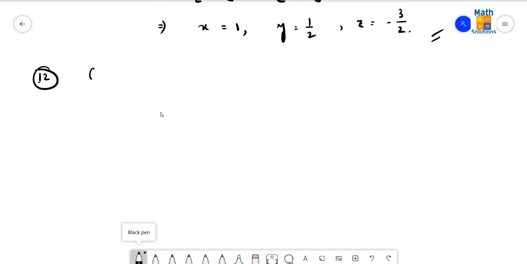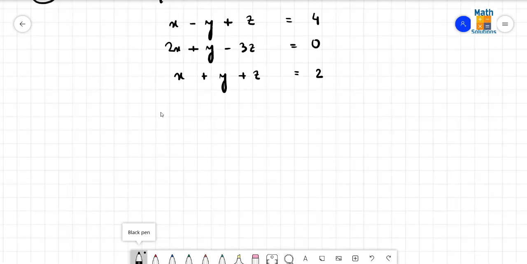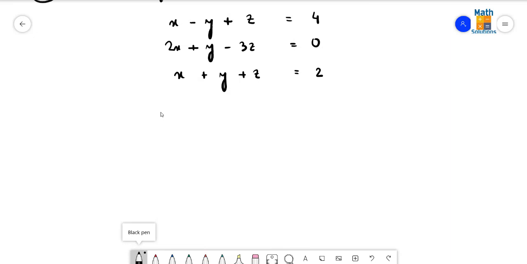In question number 12, the given equations are x minus y plus z is equal to 4, then 2x plus y minus 3z is equal to 0, and then x plus y plus z is equal to 2. Now exactly in the previous way we have to proceed here, writing this